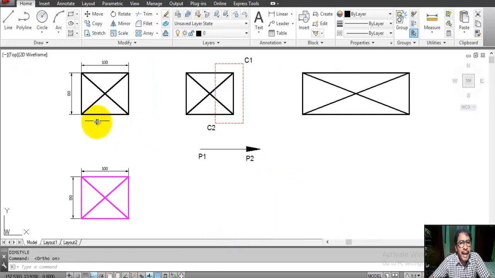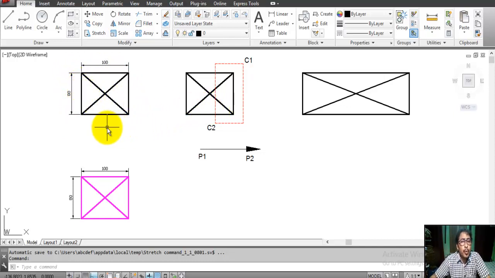Okay, now we learn the stretch command with some example drawings. This is a rectangle of 100 millimeter length and 80 millimeter width.